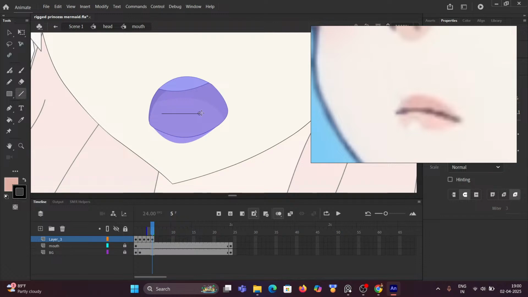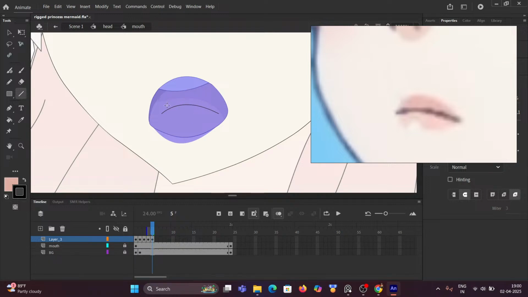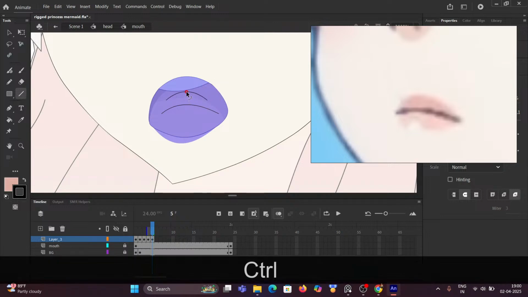drawing some line like this and add some curves like this one, and again I will add some line like this. I need to add some curves. I will match this line. Okay, now it's matched, right? I need some thickness, so I will add some more thickness like this, and